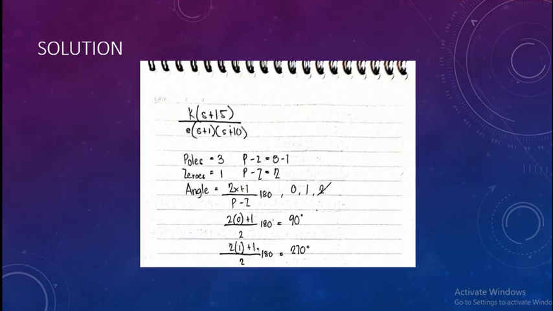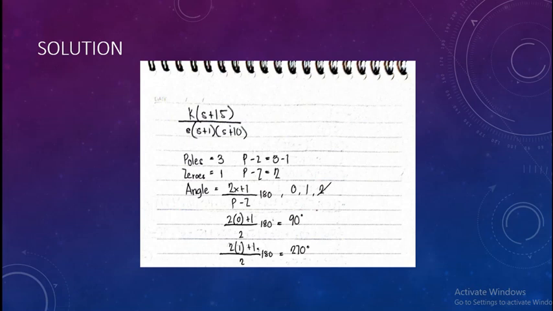And now I am solving the equation K times (s plus 1.5) all over s times (s plus 1) times (s plus 10). So the first thing to do is to get the poles and the zeros. For the poles, we have 3 poles: s, s plus 1, and s plus 10. Then the next one is the zeros, which is only 1, the s plus 1.5. The next thing we do after getting the poles and the zeros